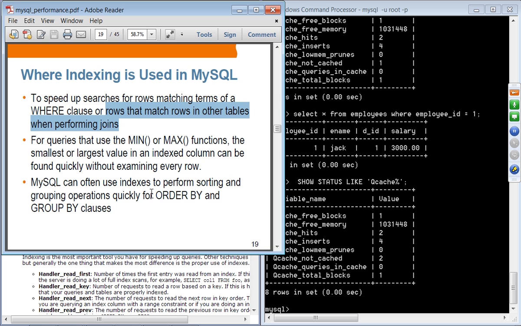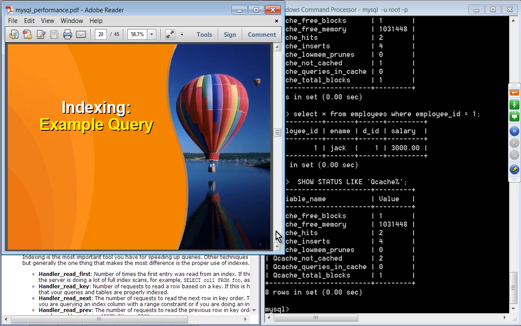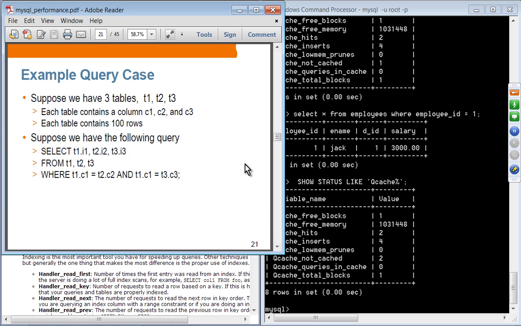MySQL often uses indexes to perform sorting and grouping operations quickly for order by and group by clauses. So these order by and group by actually require some sorted values. So by having the indexed column, it's going to be a lot quicker. So example query. So this is the example query that explains